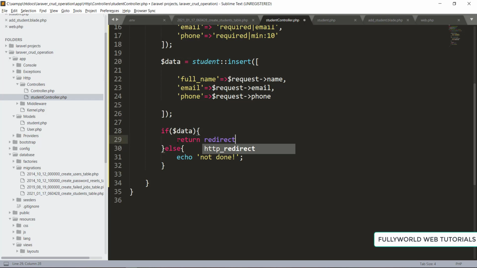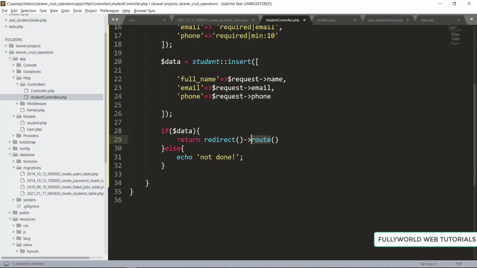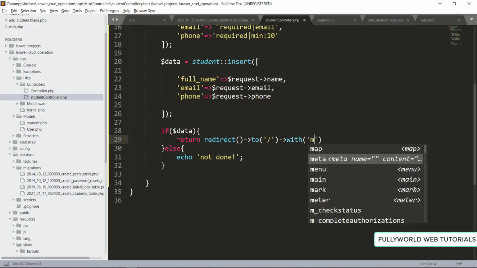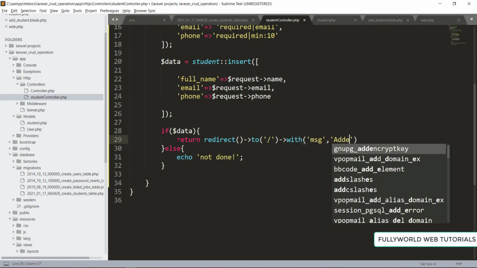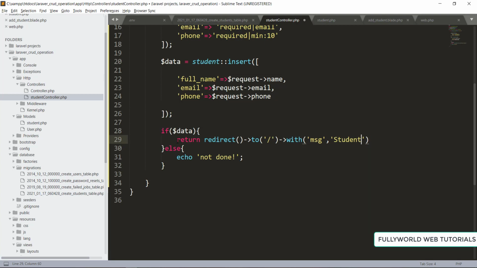So we are going to redirect our user to the route, or the URL, we can say, to redirect to our slash, and with it we are going to send a message. So that message will be added student, added successfully.